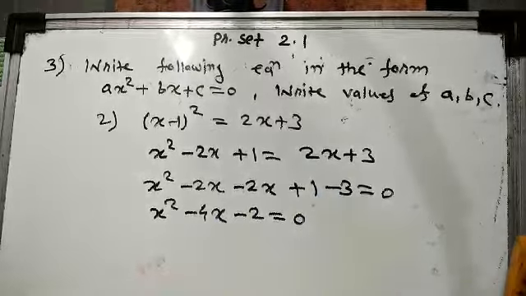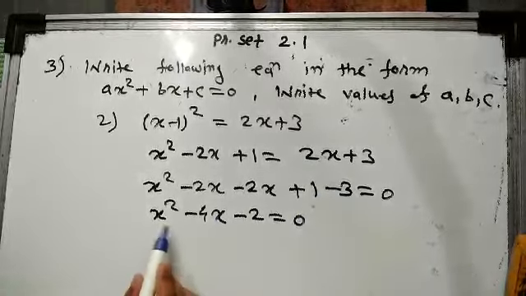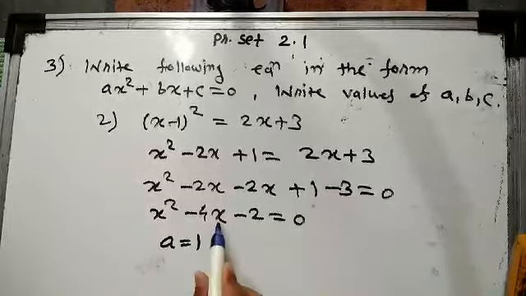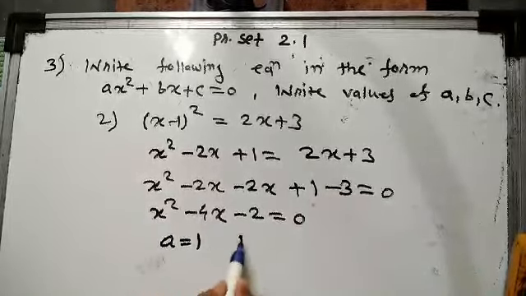Compare with the standard form. Then what do we get? The coefficient of x square is 1, therefore the value of a is 1. Coefficient of x is minus 4, therefore the value of b is